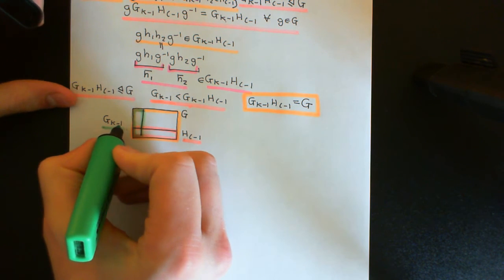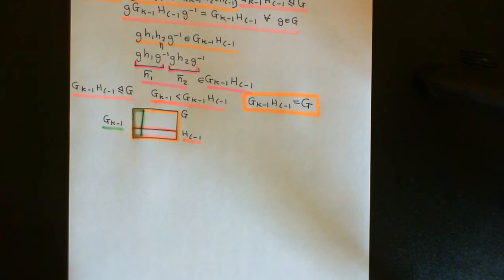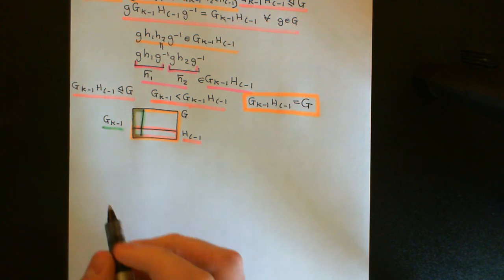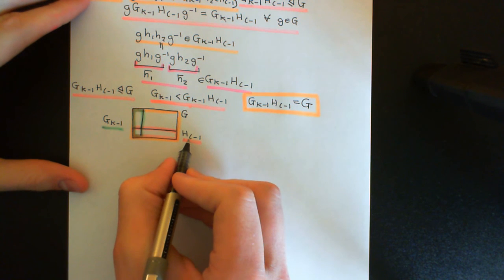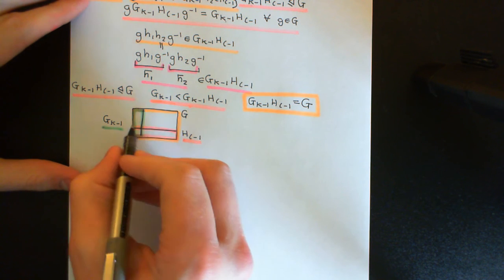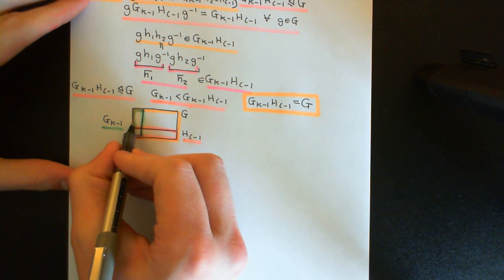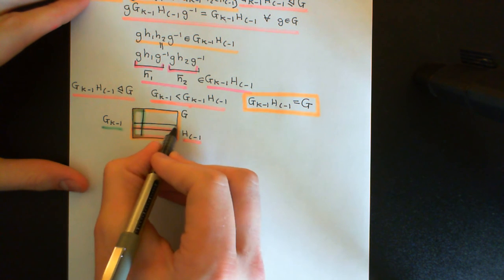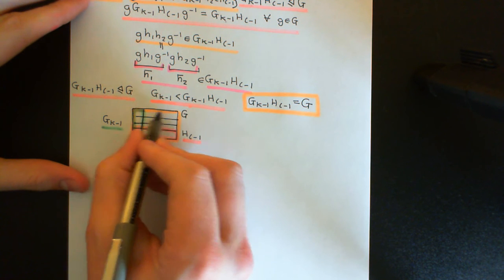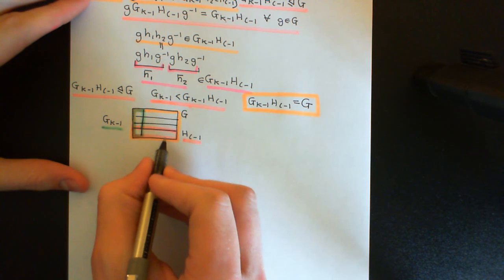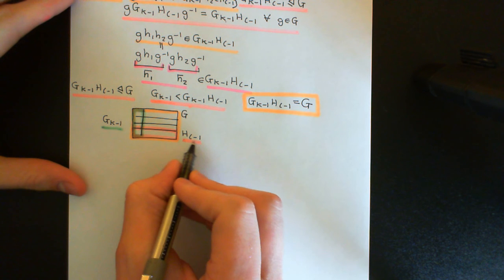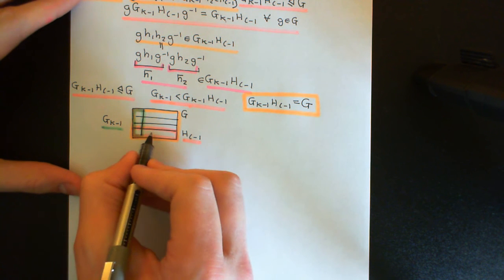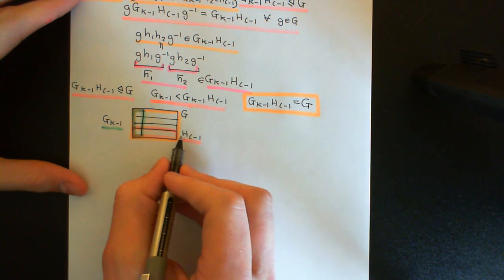And now I'm saying that if I take the subgroup product of these, which of course you can view as being all of the left cosets of HL minus 1 which contain elements of GK minus 1, okay, so you can partition the entire group capital G up into the left cosets of HL minus 1, after all it is a normal subgroup, okay. Well, you can do that anyway, but